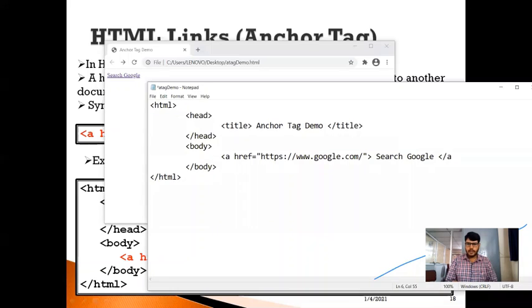For example, let me include one break tag here, and after that, again, let me use the a tag, href is equal to,